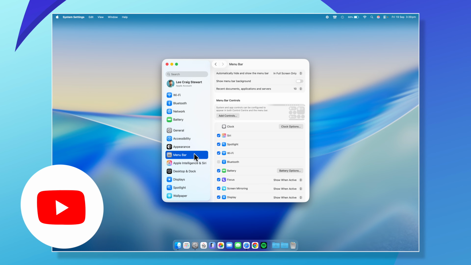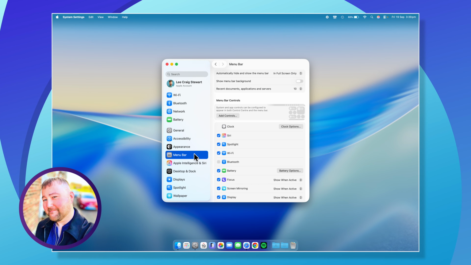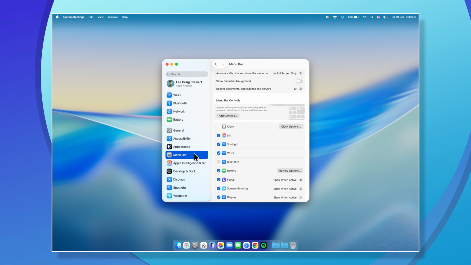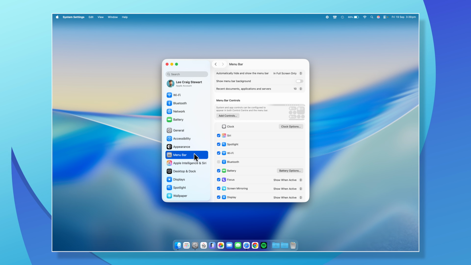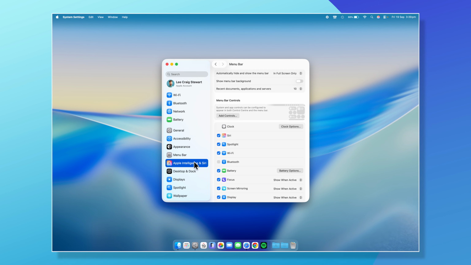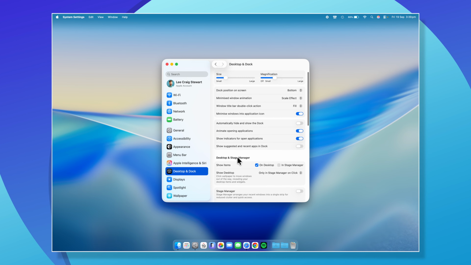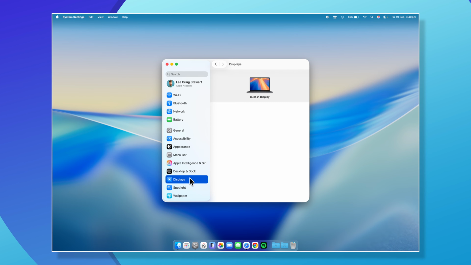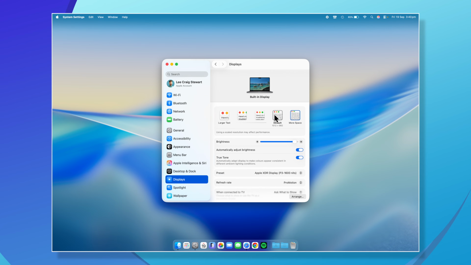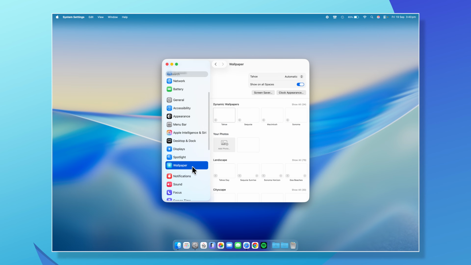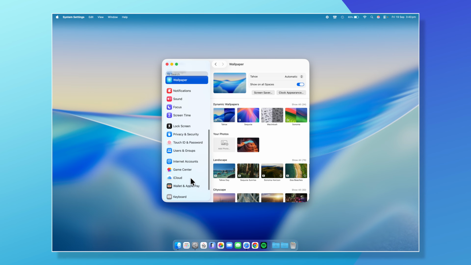If you're starting out on macOS from Windows, I recommend tinkering with all these different settings because it is worth your time, especially if you've got a brand new Mac. You can hide the dock, change the display brightness, the resolution, wallpapers, the list goes on and on and on.